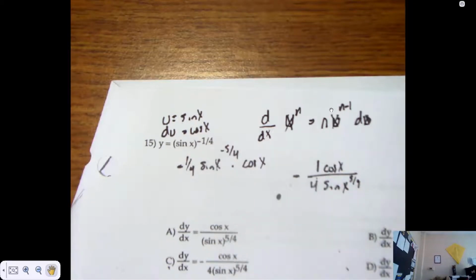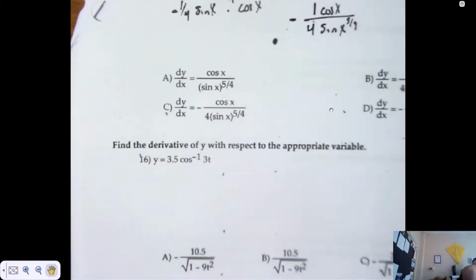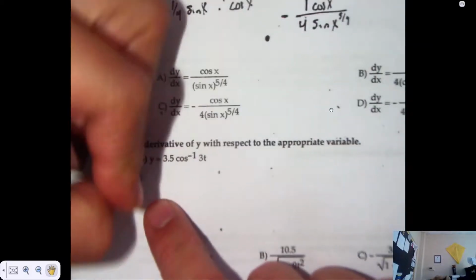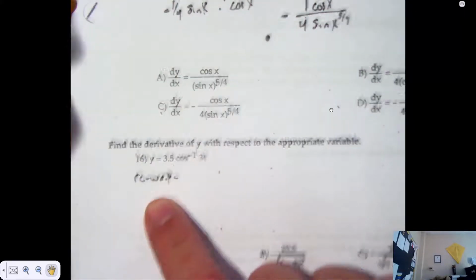Let's see, what's up with this one? Find the derivative with respect to the appropriate variable, and that is arc cosine. And there is no form for arc cosine. You can look at your sheet though, it tells you how to do it. The first thing you do is a rewrite. You change it from arc cosine into arc sine. So we'd say y is pi over 2 minus,